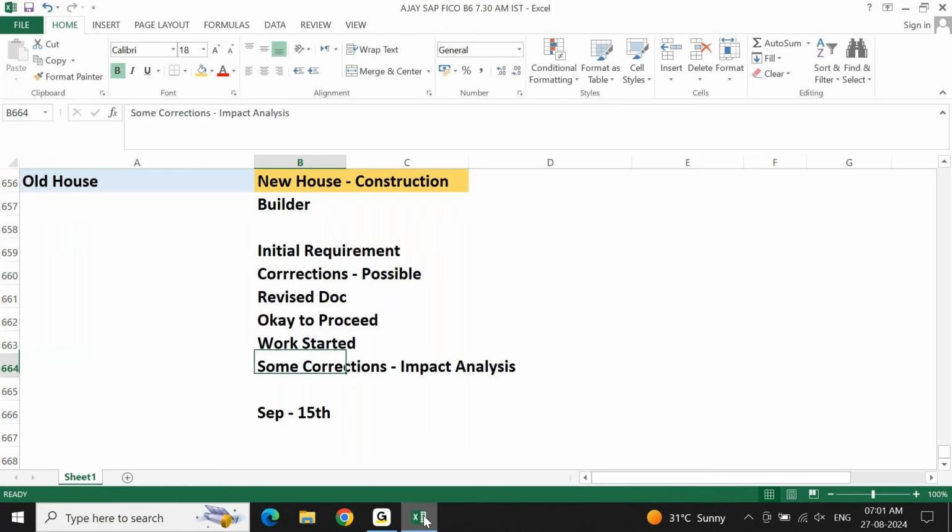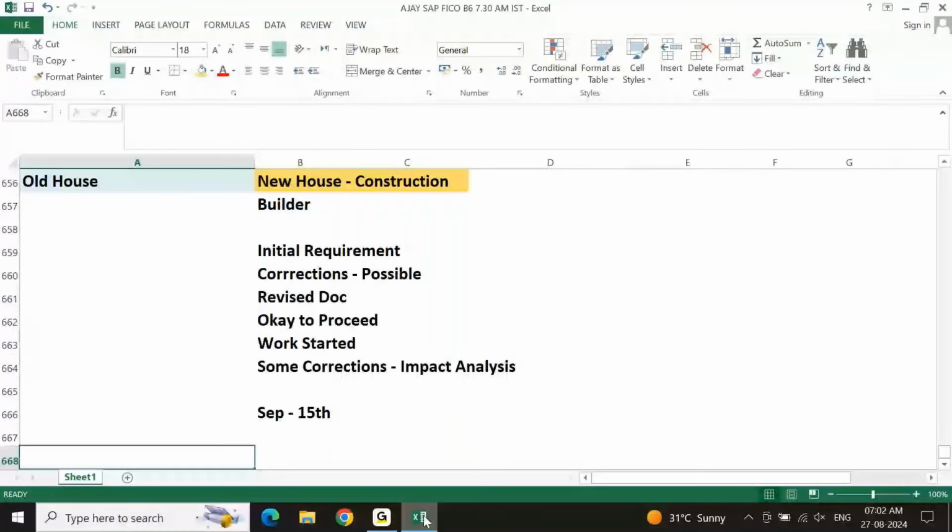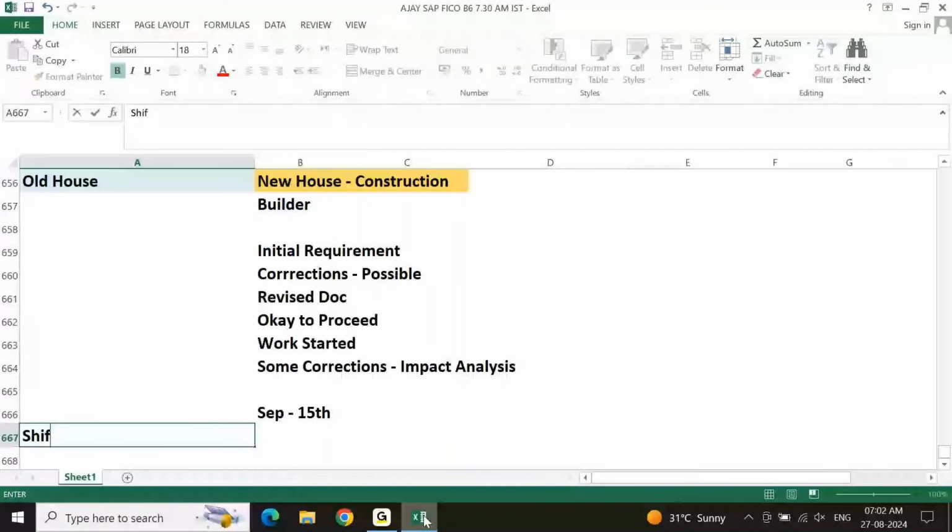Now, on 15th September, I need to move to the new house. Does it mean that I leave everything in the old house there only? I'll go to the new house, buy everything brand new, and throw away everything I'm using? No. I will shift from the old house to the new house. There's something called shifting. Everybody is able to relate that you need to perform something called shifting from the old house to the new house. Agree with me, everyone? This shifting, from the SAP point of view, is called your